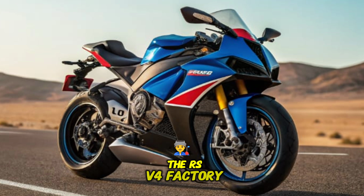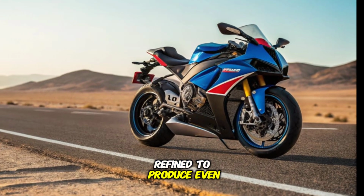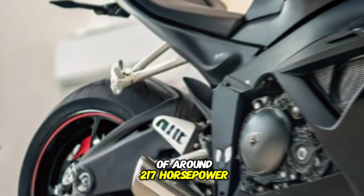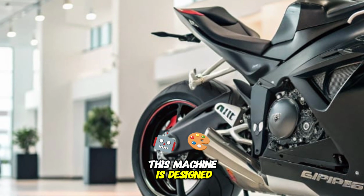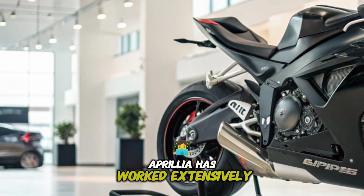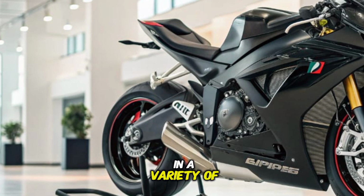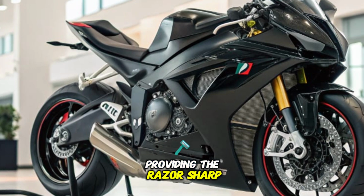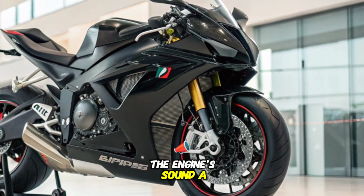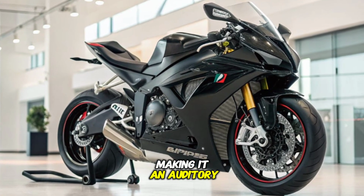At the heart of the RSV4 Factory lies a 1099cc V4 engine, refined to produce even more power and torque than its predecessor. With a peak output of around 217 horsepower, this machine is designed to offer relentless acceleration and an exhilarating top-end rush. Aprilia has worked extensively to optimize the power delivery, ensuring that the bike remains usable in a variety of conditions while still providing the razor-sharp response that riders expect from a leader-class superbike. The engine's sound, a distinct and aggressive V4 roar, adds to the bike's character, making it an auditory delight for